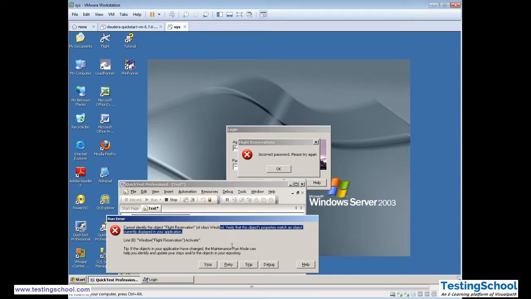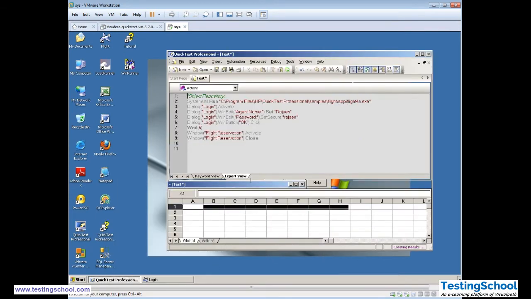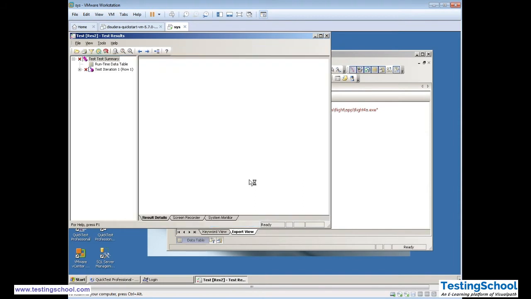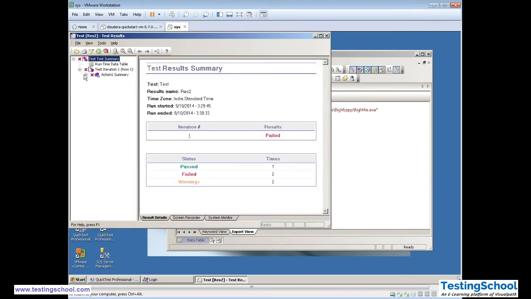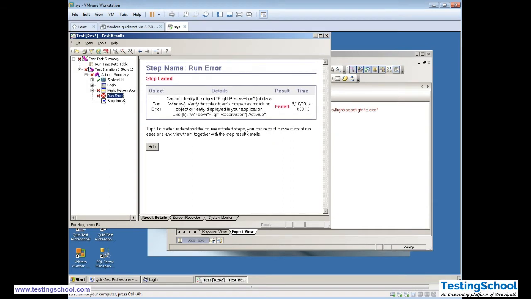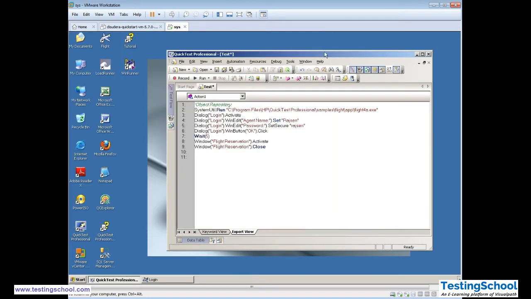But this is not the correct one. From a debugging point of view this is a good error, but it is not the correct information that it should display for the login test case. Login was done, flight reservation window failed, so it should give a proper message that the flight reservation execution failed.